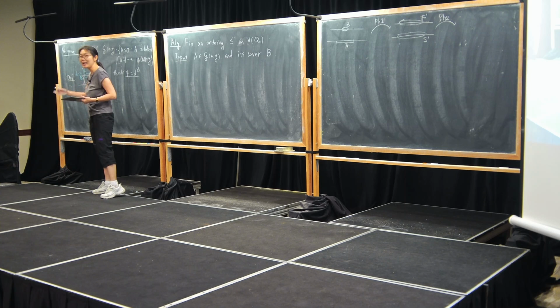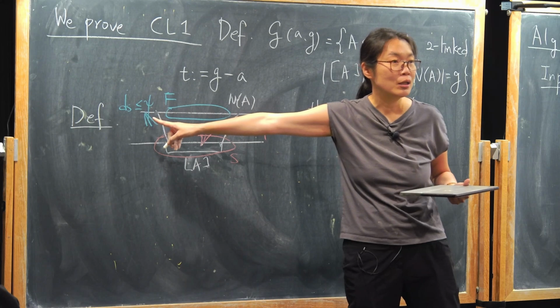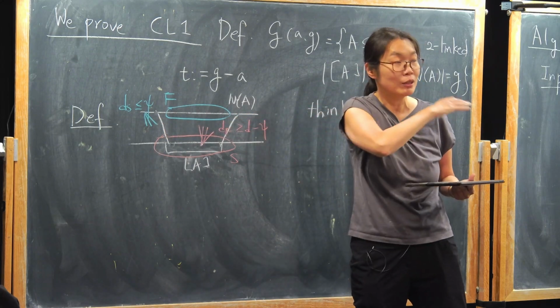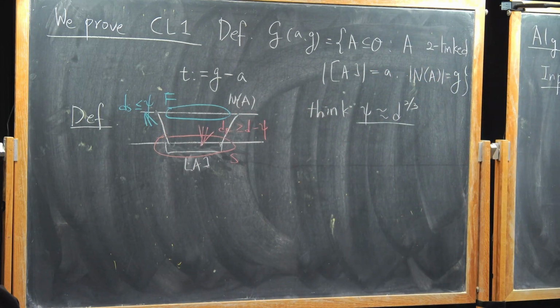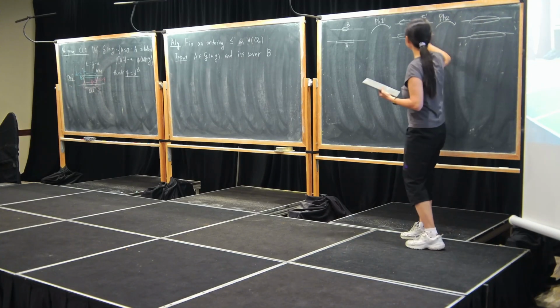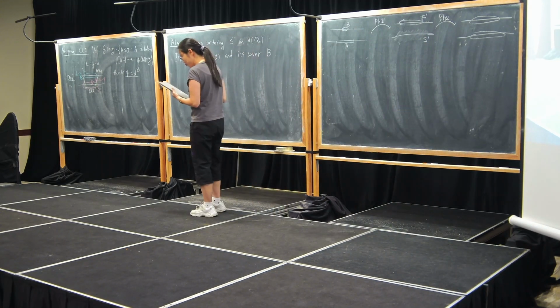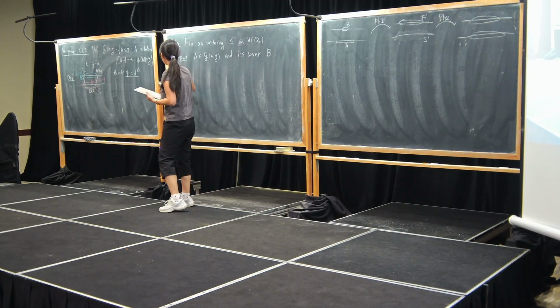So at the end of the day, we'll have a pair of S and F that satisfies dF condition and dS condition, and it will be done in two phases. Let me tell you what that algorithm is. So in phase 1,